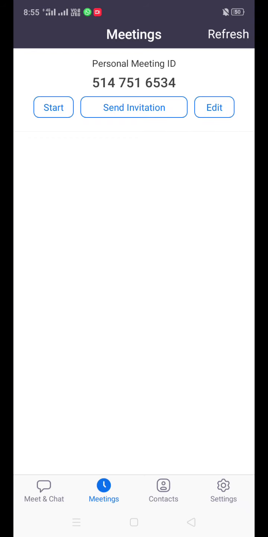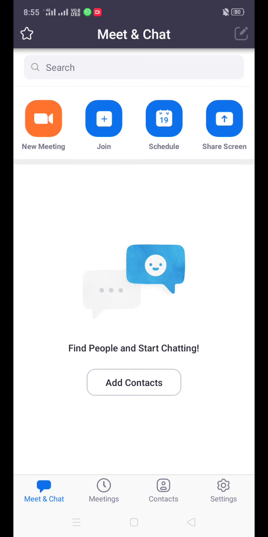Now most of the teachers, before starting the meeting, will join the meeting. They will start the meeting by clicking on the orange button here, new meeting. You don't start your meeting by clicking on the orange button, because before you start, some students will enter before you by clicking your link. So you have still not started the meeting, but the student has already entered. That will create some problem for the student. So better you start your meeting from here.